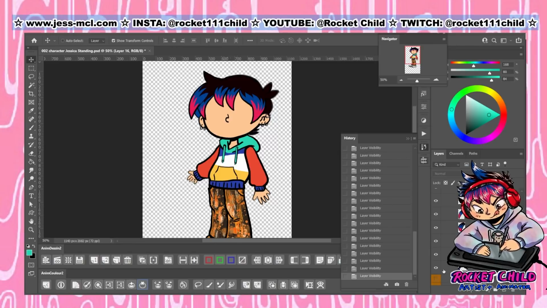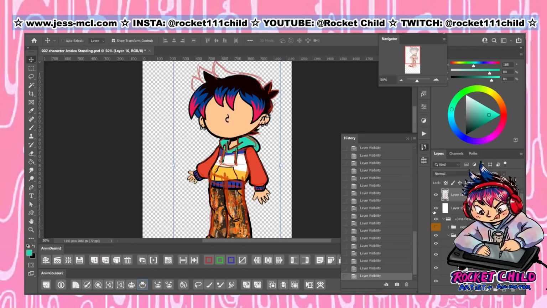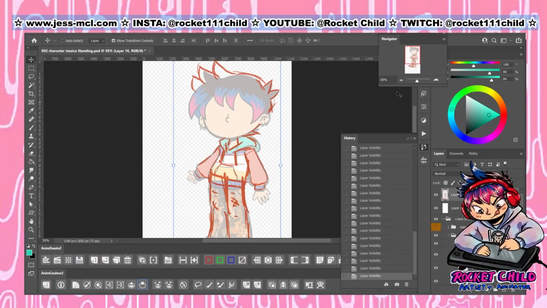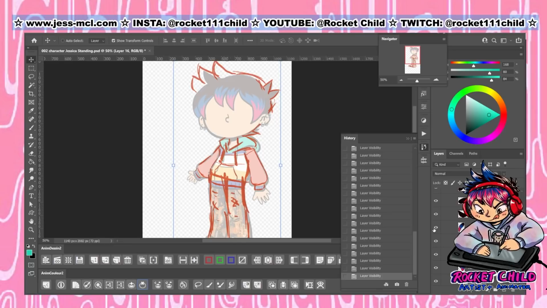And everything is labeled and named. Instead of redoing everything, I'm going to keep the pink and blue hair bits in the fringe, and I'm going to add some more